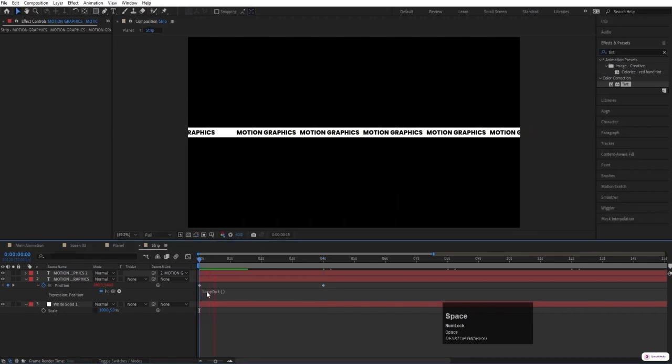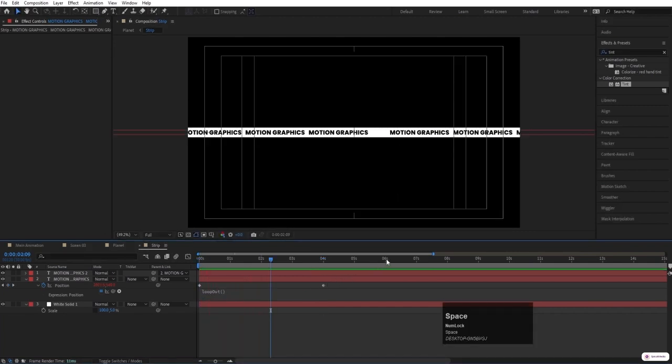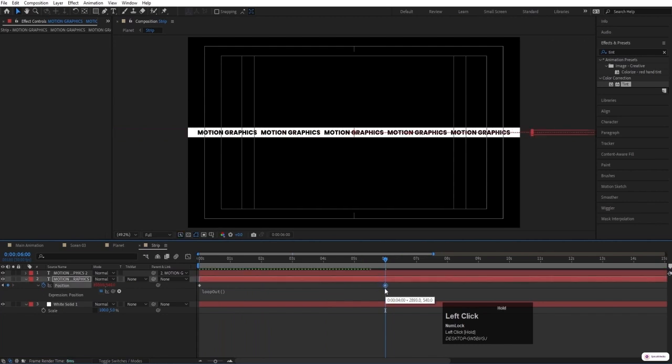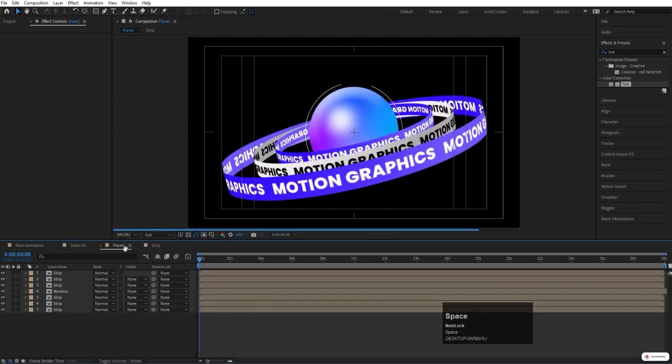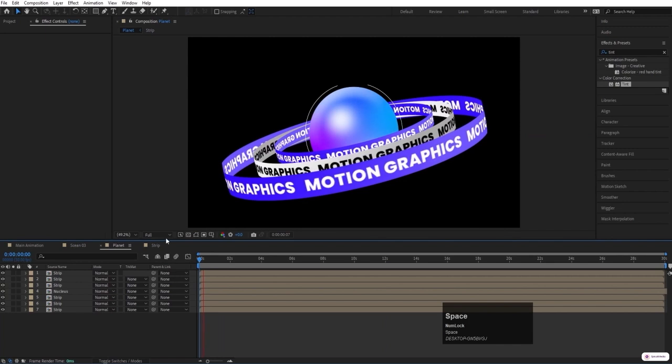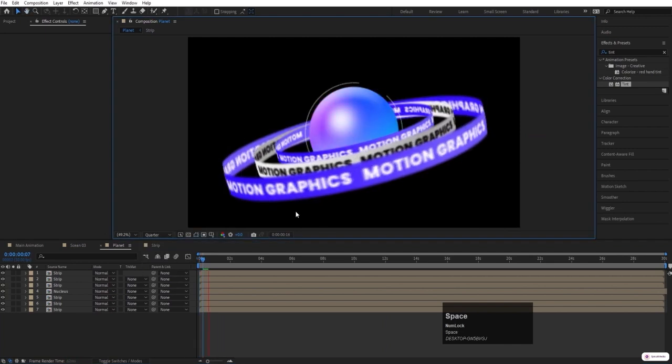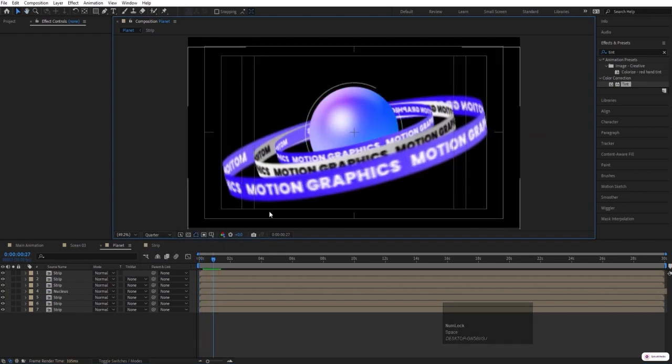So now if you see this, we will get something like that. I'm going to go somewhere around 6 seconds, and I'm going to move this over here like that. So okay, if you see this in the planet now, we will get that rotation animation over there as well. So this is going to be our planet structure, and you can select all of that by hitting Ctrl A,